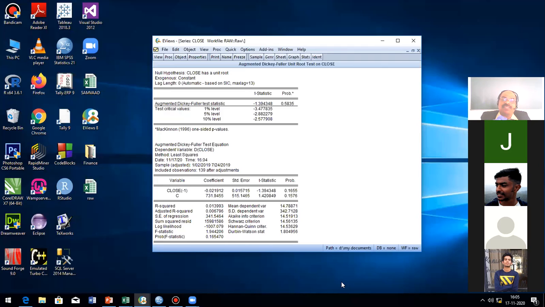That is why I'm telling this example. Because we wish to test whether data is having stationarity or not. Stationarity means whether it is in the horizontal manner. Non-stationarity means it may go up or it may go in this side, whatever may be. Only for that purpose, we are testing the unit root test.